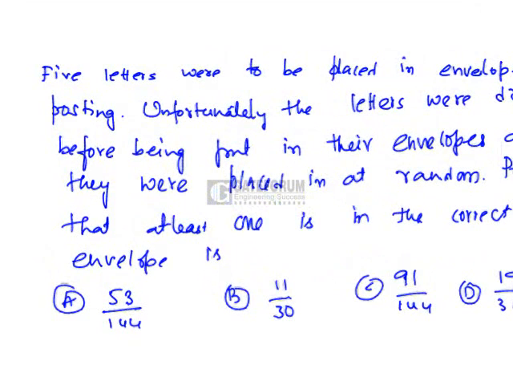5 letters were to be placed in envelopes for posting. Unfortunately, the letters were dropped before they were put into envelopes, and we have to find the probability that at least one is in the correct envelope if we arrange them randomly. Now, we have to find the probability that at least one is correctly placed,